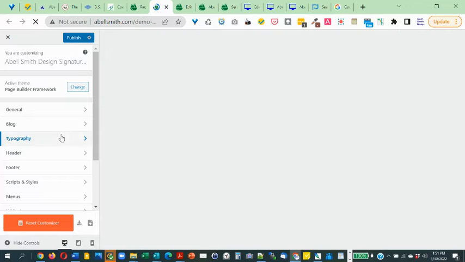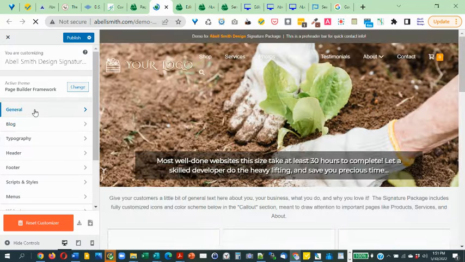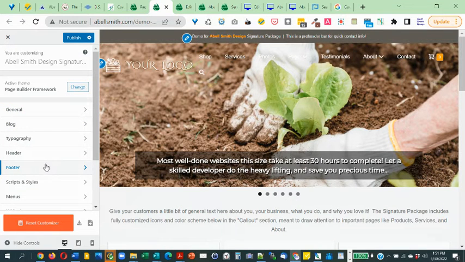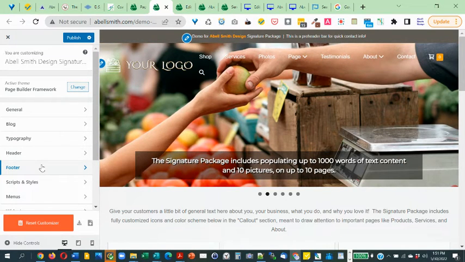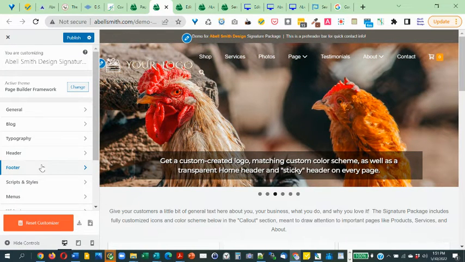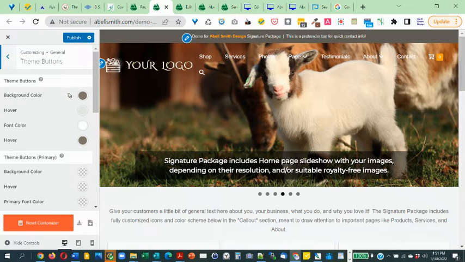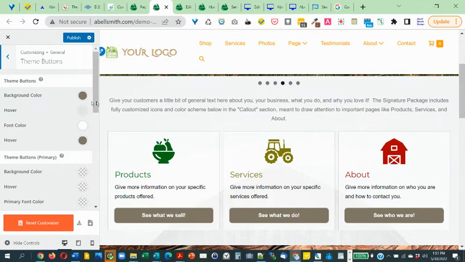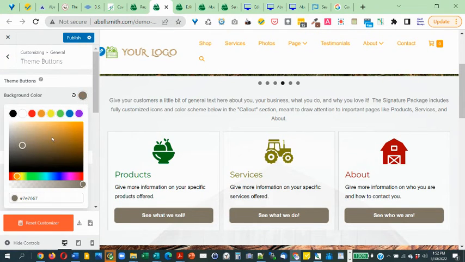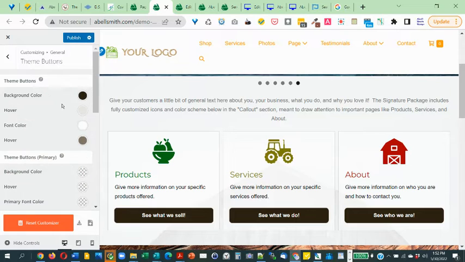To get to the button, and this is pretty powerful, there's a lot of control you have over your website. So I would recommend going slow, going a step at a time, and maybe picking and choosing the changes that you make in your overall site design. To change the button color, you would go to General, Theme Buttons, and you have a lot of options here. Again, it's very powerful. You can change the background color like that. You can see the changes made globally across the website. You can change the